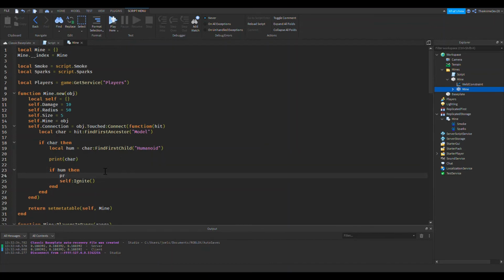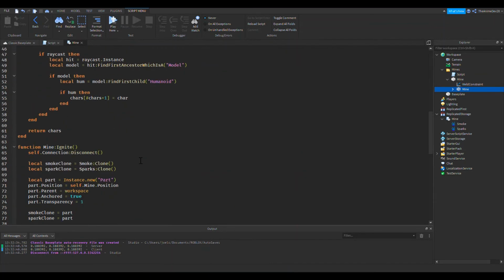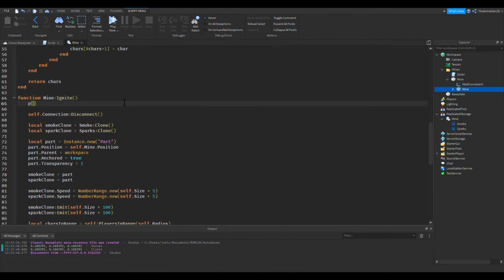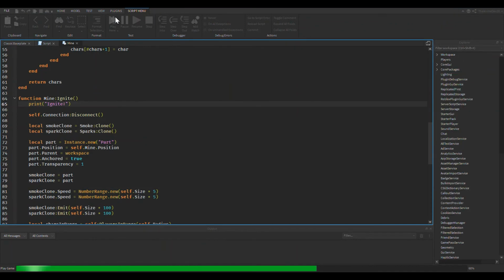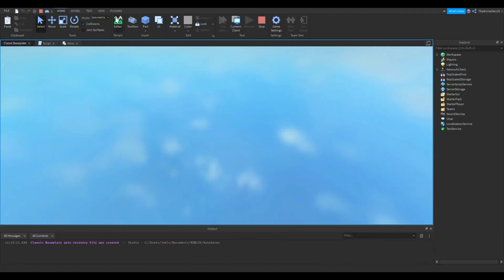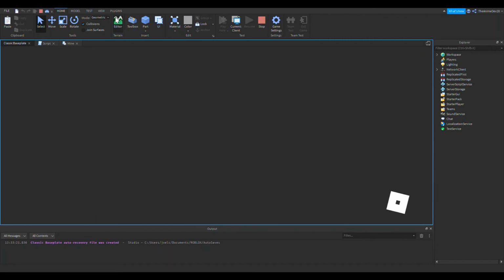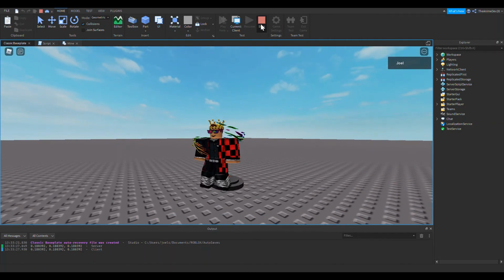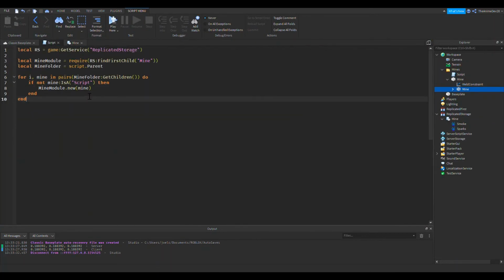We're just going to make sure it actually gets this far simply by using print statements. Ignite. Oops. Okay, now let's test. So what it should do is it should say all those print statements I've had to make sure it actually gets to that function. Okay, so none of them are actually being printed. So, I'm not sure what the problem is. I'm gonna quickly find that problem.